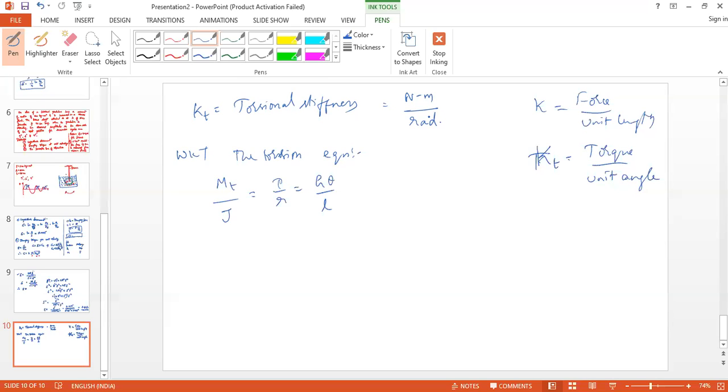So torque per unit angle is equal to Kt or Mt by theta. So from this equation, by considering the first and last term,